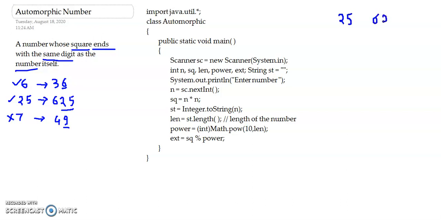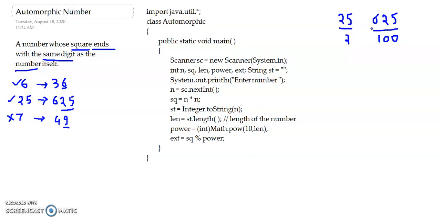Okay, so when you count the digits using this statement, this len, st.length, len now stores how many digits? 2. So len stores 2. Now when you raise the power of 10 by 2, what does it give? It gives 100. We know that when we mod some number by 100 using the modulus operator, it will give us the last 2 digits.